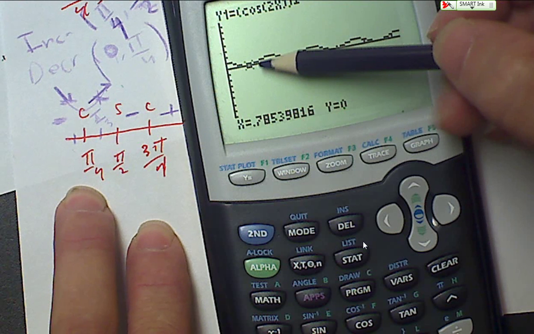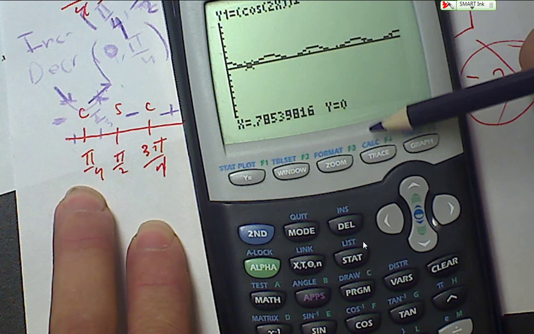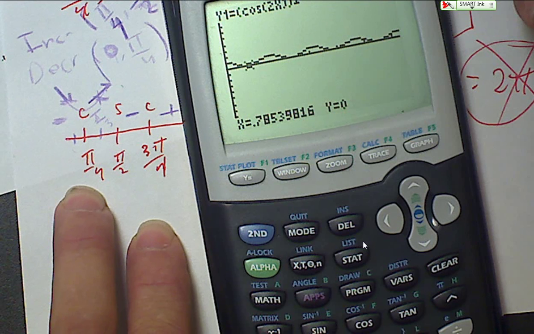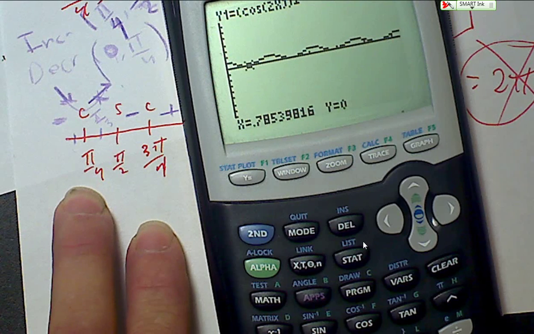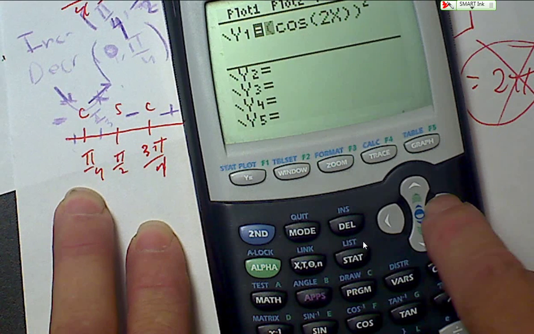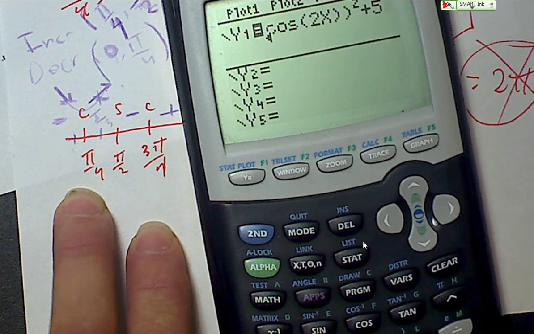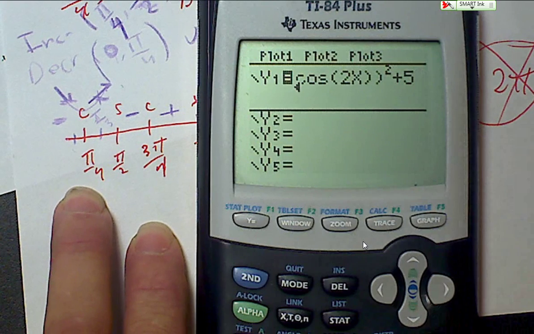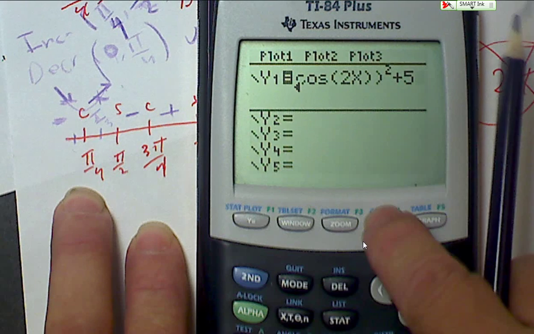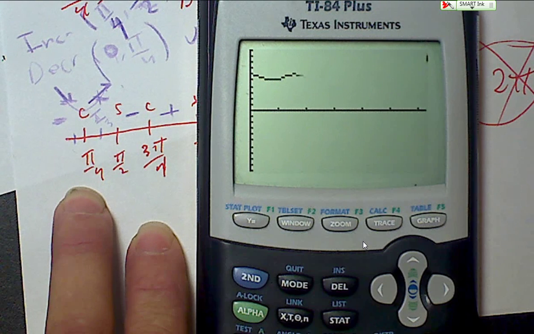It doesn't have to be 0. It could be anything. We don't know what the parent function looks like, okay? We just know it's a min on the parent function. We do the math, it happened to be 0 in this case. But that same exact graph, if I put a plus 5 right here, the derivative would be the same, because the plus 5 is going to go away. But in that case, my min would be,